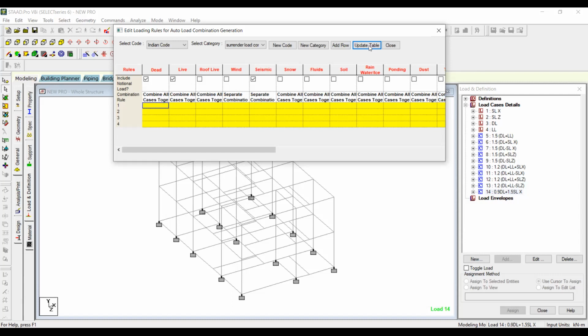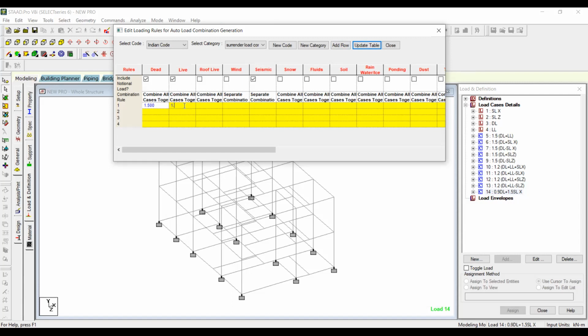Then what you have to do next is, over here, my first load combination, in that first one, dead load. Again, click on this update table. While doing any step, you have to click on that update table. The first step is: what is my value through the Excel sheet? Tell me. Dead load 1.5. So 1.5 I'm going to type here, and then I click on this update table. So 1.5 dead load has been taken. Now next one, live load.